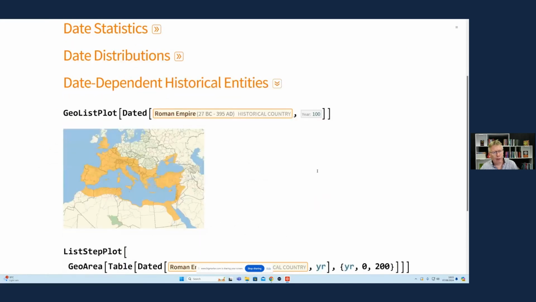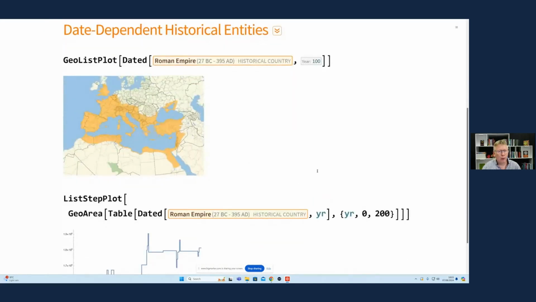And if you're into computational history or real-world entities, we've extended some of our built-in data streams to support dated entities more widely. Most notably things like historical geographic entities. So a concept like the Roman Empire is an entity, an object that we can ask questions of, like when did it start, when did it end? But when we ask things like make a map of the Roman Empire, well, that really depends on which Roman Empire we mean. So now that takes dated as a modifier,